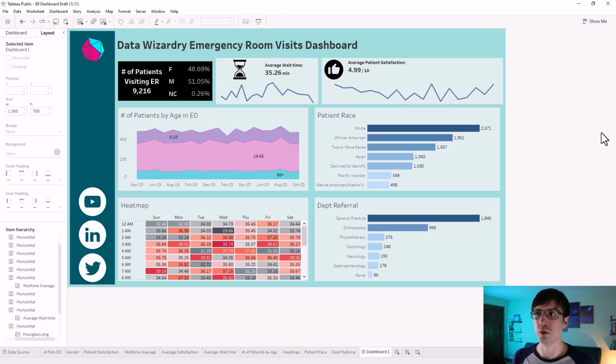I hope this was useful for you. I would encourage you to play around with your own colors and make this a little bit different. There's so much more that you can do with this dashboard to really make it pop, but I hope that this is a good starting point for you to get your portfolio built and something that you can use to